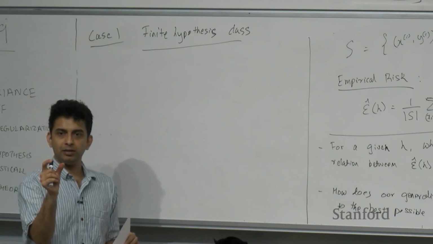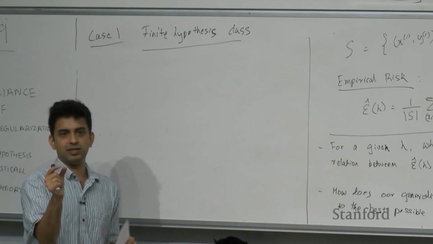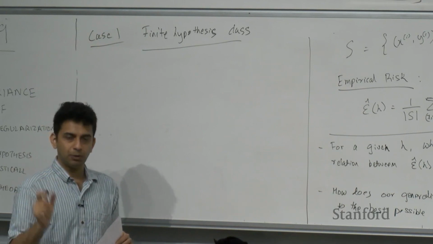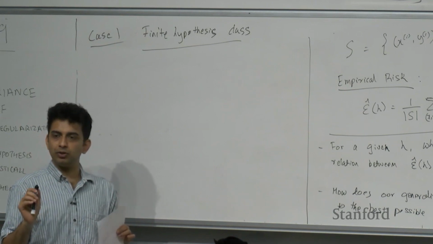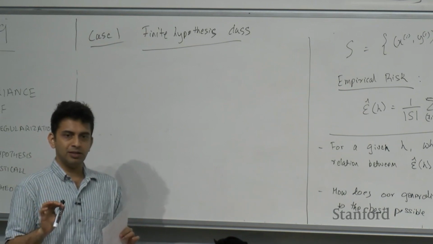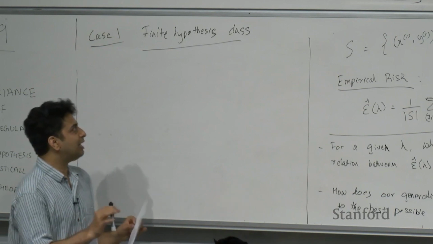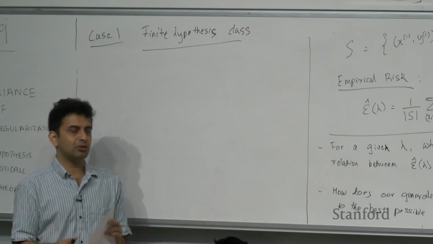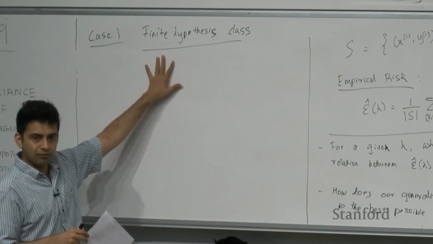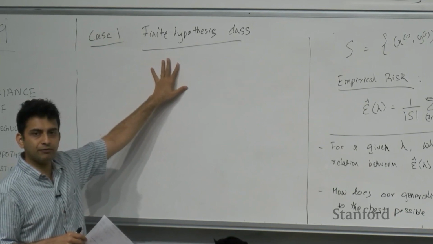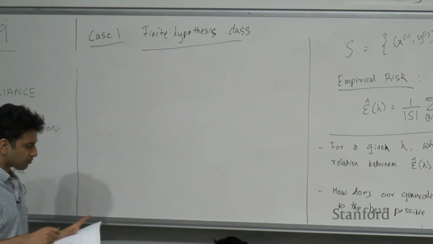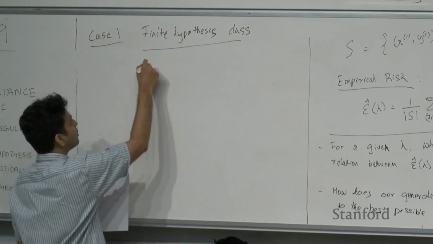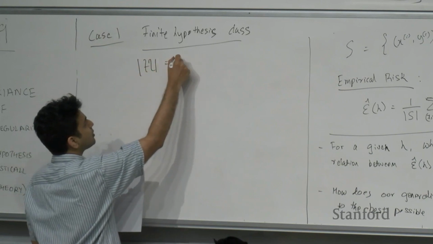So each parameter is stored as a 64-bit value, which means it can take at most 2 to the power of 64 different possible values, right? So even though you have a neural network having real-valued parameters, in practice we are dealing with a finite hypothesis class just because we are working with finite capacity computers. So even though this might seem very limiting at first, it's possible to use this in pretty powerful ways, right? So if we are considering a finite hypothesis class where the size of the hypothesis class is some value k,